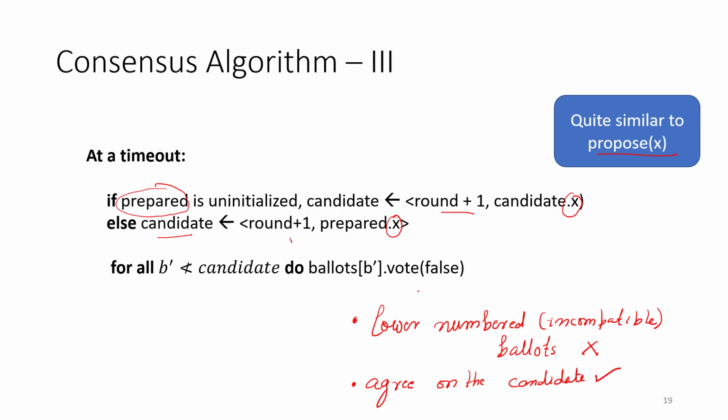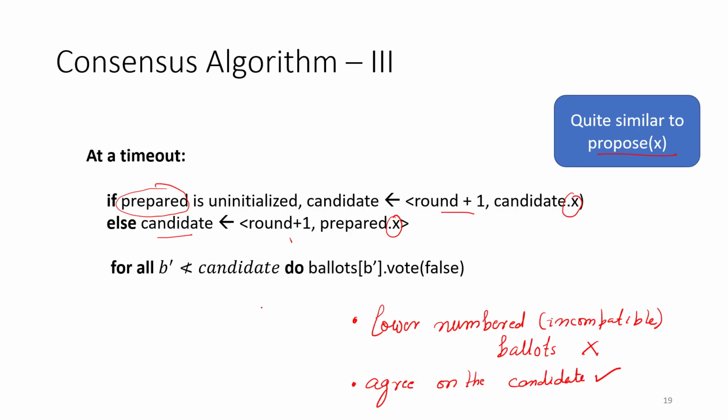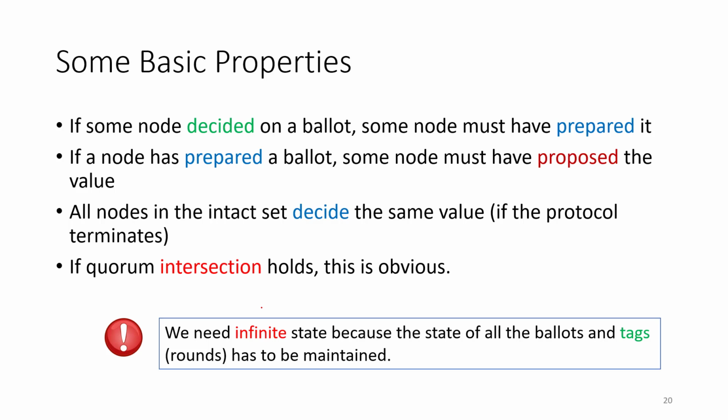And if, let's say, for some reason the protocol gets stuck, which it can, because anyway federated voting liveness is an issue, you just set a timer. So the timer will basically ensure that the system stabilizes, in the sense that all the messages we have sent are received, and after that you just increment the round and start afresh. So here are some basic properties of this algorithm.